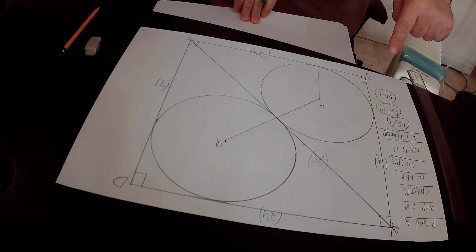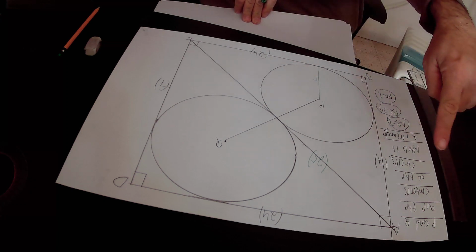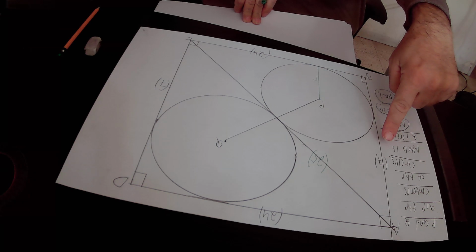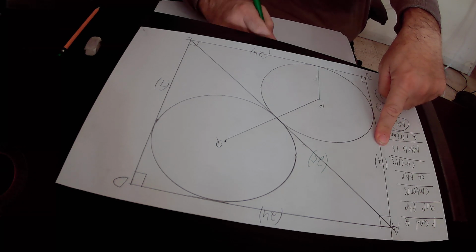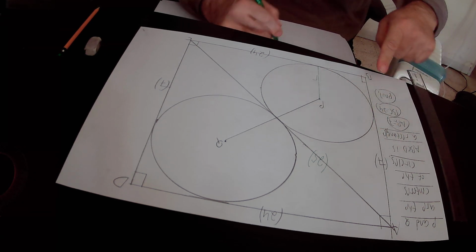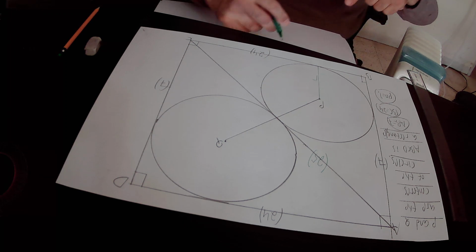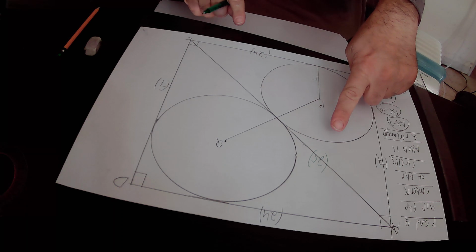So the radius of this circle that is blocked by the right triangle ABC equals A, which is 7 units in length, plus B, which is 24 units in length, minus the length of the hypotenuse AC, that is 25,